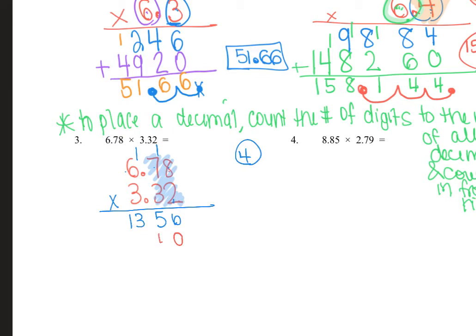3 times 8 is 24. 3 times 7 is 21 plus 2 is 23. 3 times 6 is 18 plus 2 is 20. All right, and then my